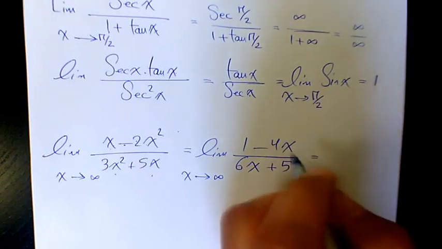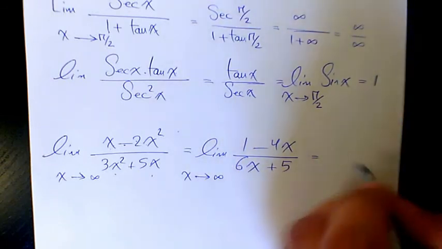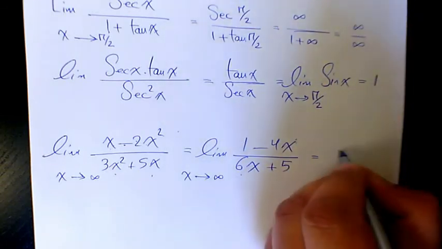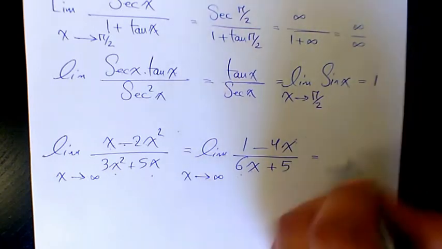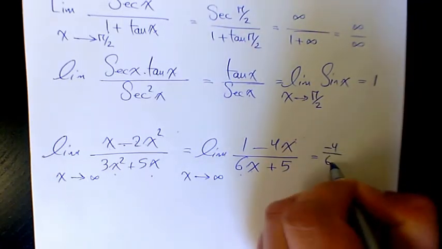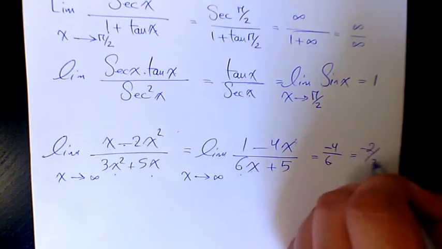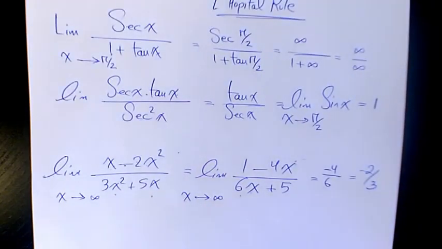Then what you can do, these two cancel out, and since they have the same exponent, it's going to be negative 4 over 6, which is going to be negative 2 over 3. That is going to be the answer to this question. And next one,